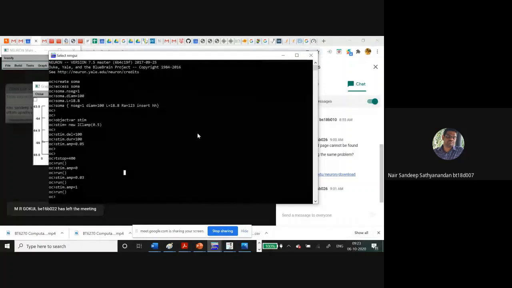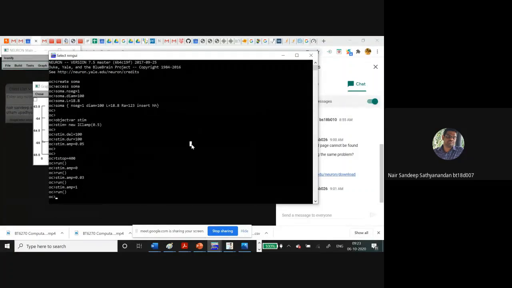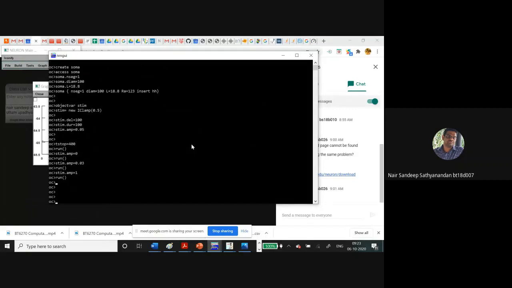Okay, I'll continue then. So now probably you all can help me out with this command. We can also try to modify the intrinsic properties of this soma. You can see the properties.